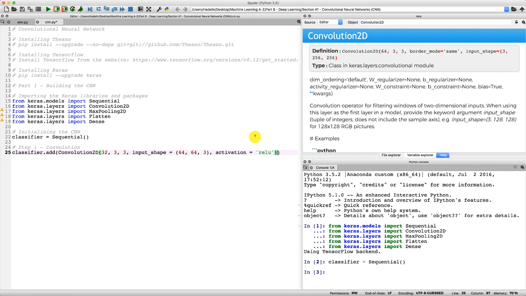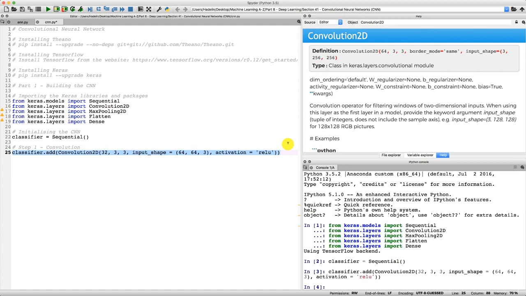Perfect, and that's done. Our convolutional layer is ready to be added in our convolutional neural network. So let's select this line and execute. Here we go, perfect. Our first convolutional layer was correctly added. So we are ready to move on to step 2,